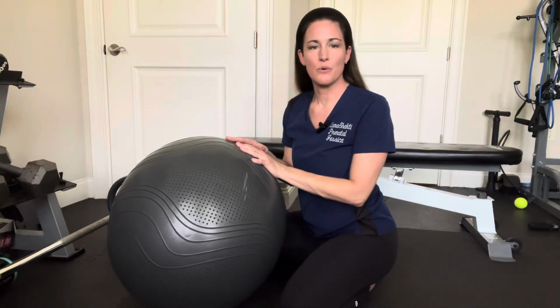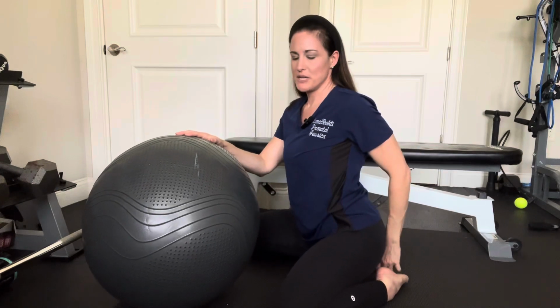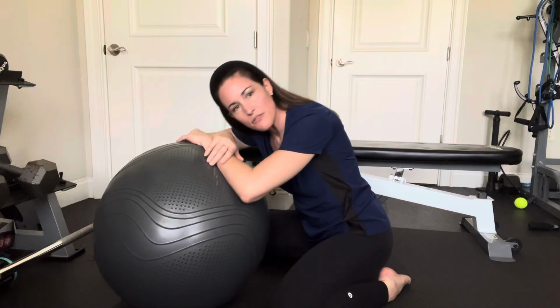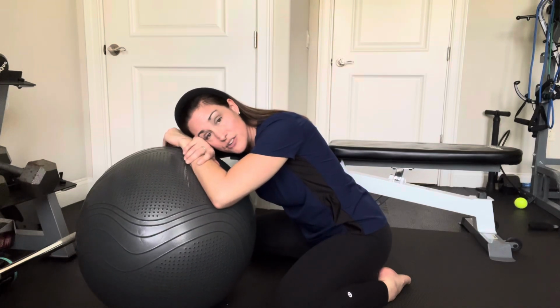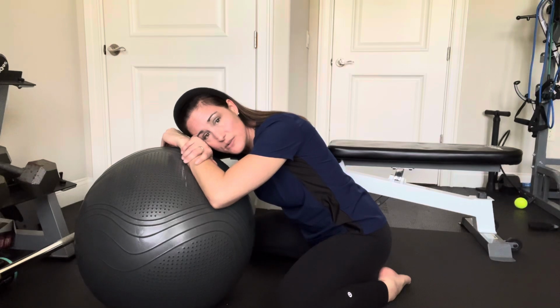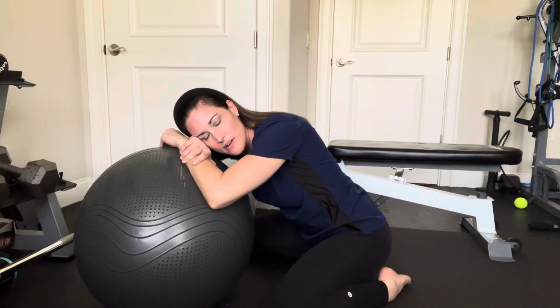The very last thing we're going to do is a supported child's pose. So we're going to let those big toes come together and drop our hips back by our heels. And we're going to fold over a ball, the edge of our sofa. If it's comfortable to come all the way down to the ground, you can, but if you are pregnant and you find that your belly does not allow for that, find support with a ball, with a few pillows, with your couch,